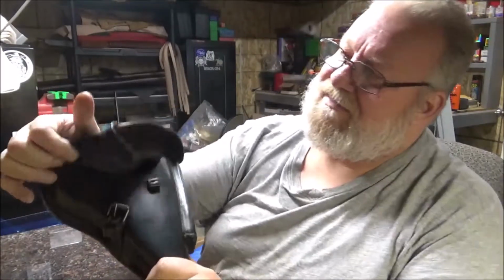Getting started on the 1934 Luger holster. This one's a whole different kind of bird for me because I haven't seen one like this before. I've seen a lot of Luger holsters. I've fixed quite a few of them. This one